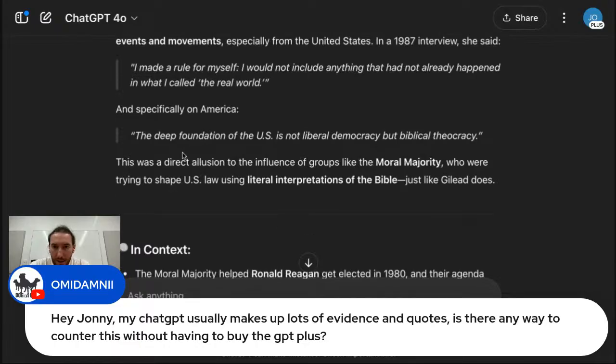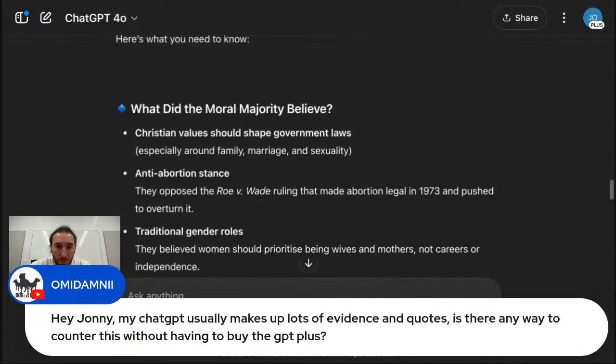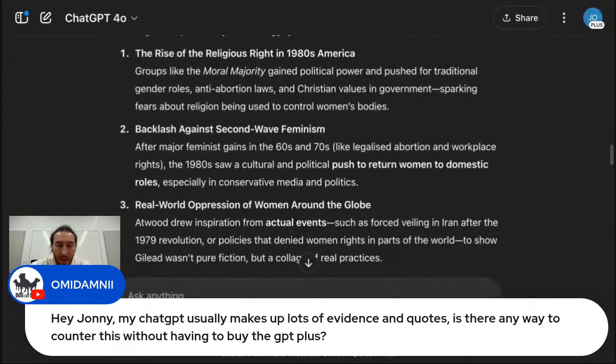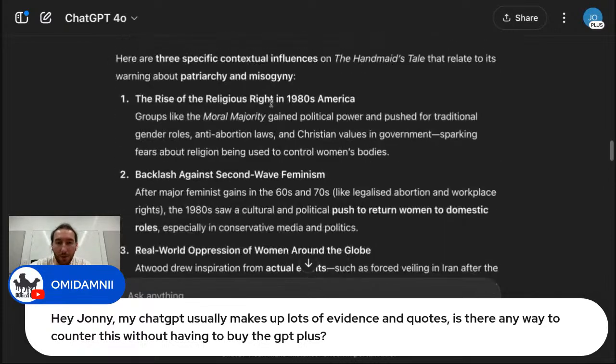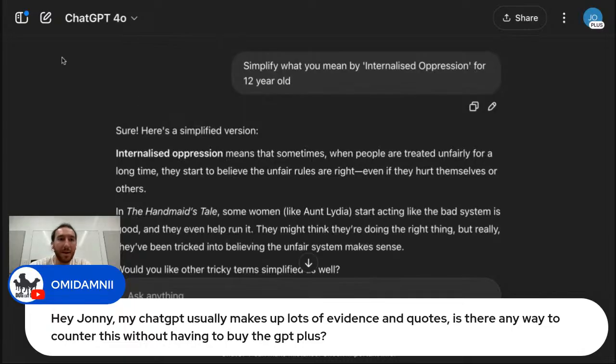Okay. So we can do further research on this, but the point is I'm getting some good material through this to then validate on other sources like the original text. So that's how I use GPT. I use it as a kind of initial platform to get ideas and then go and cross-check with other sources.